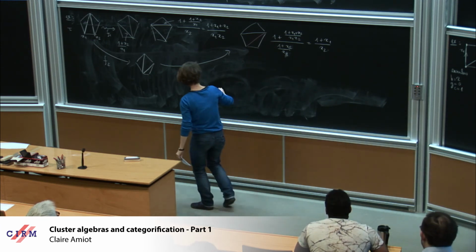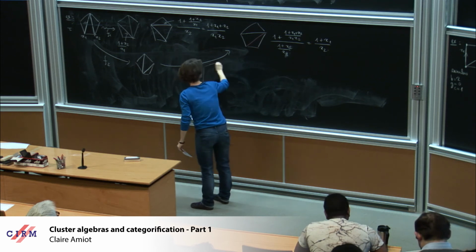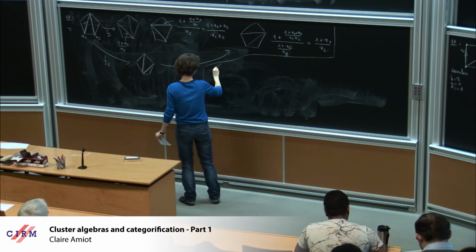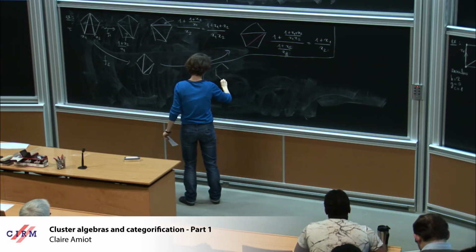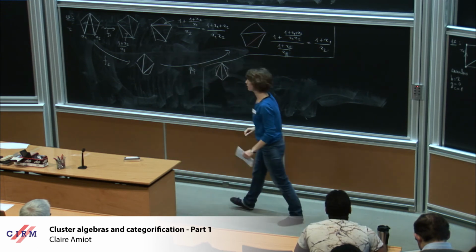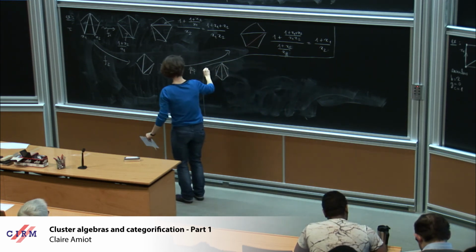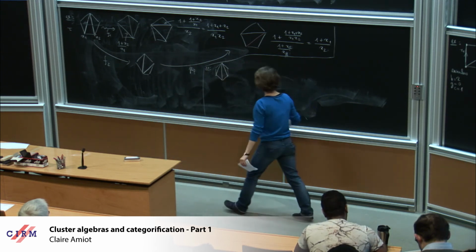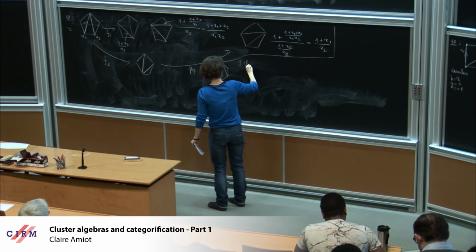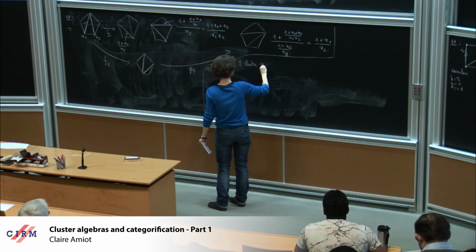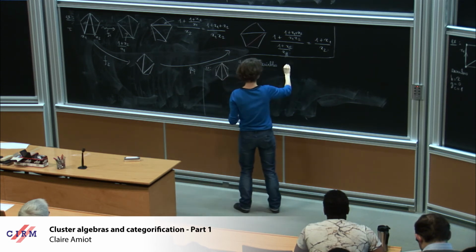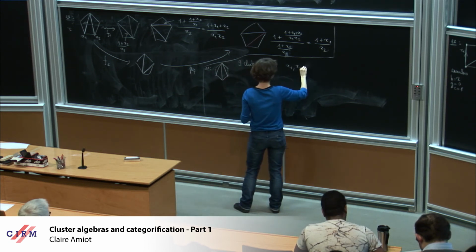Okay, maybe I will give you another example which you can see as an exercise. So if you take a hexagon with the following initial triangulation, you will get 9 cluster variables, which are x1, x2, x3,